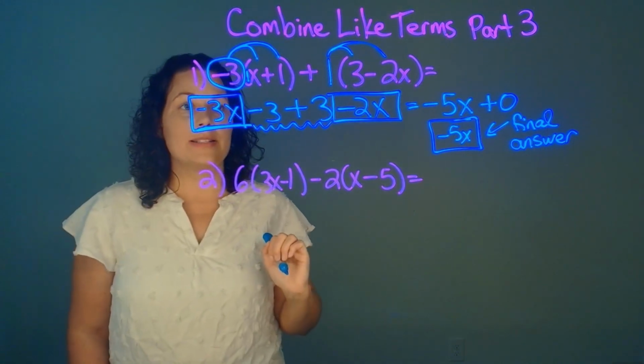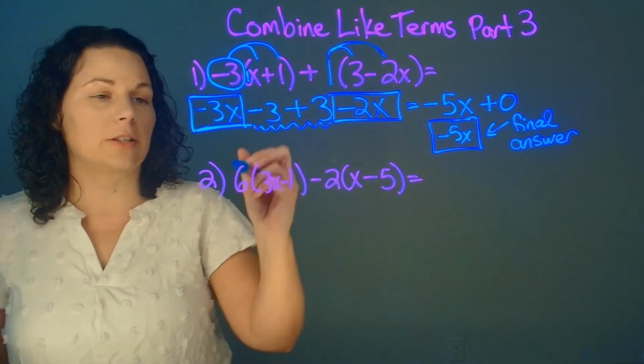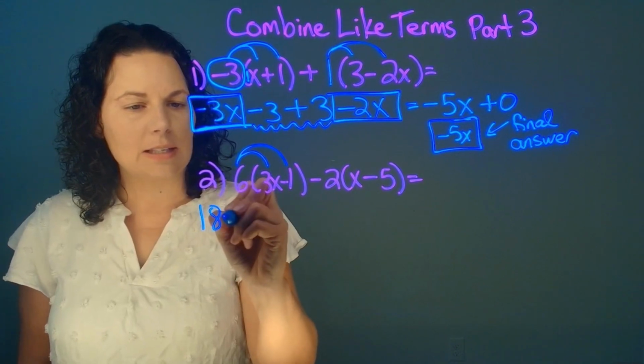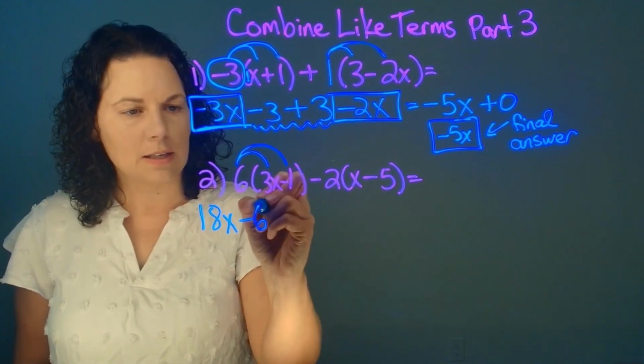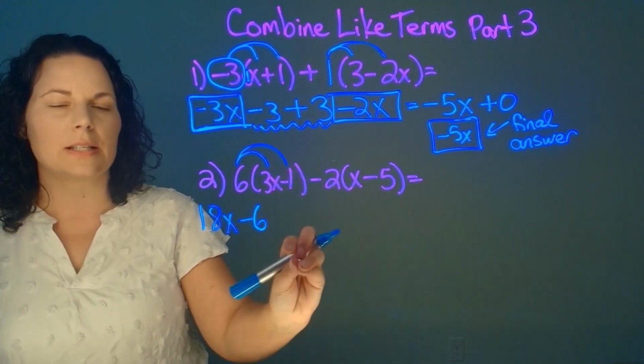All right, next one, same idea. We are going to distribute first and then look for our like terms. 6 times 3x and 6 times -1. 18x minus 6. And these pesky negatives, I'm telling you, most of the mistakes I see on problems like this